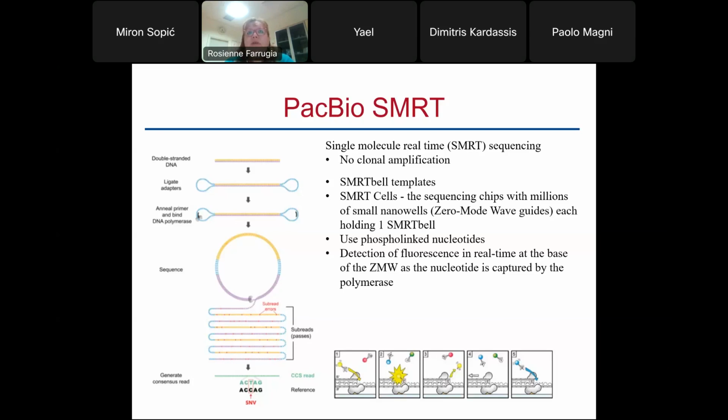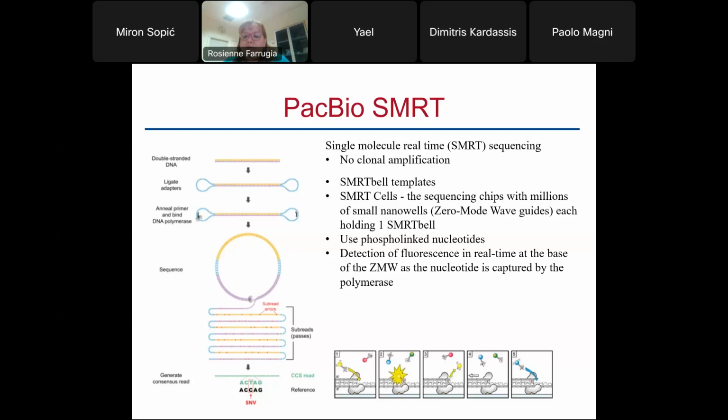Another key difference in the PacBio technology is that the fluorescent nucleotides which they use have the fluorescence linked to the third phosphate group. So they're called phospholinked nucleotides. The third phosphate group is the phosphate group that's cleaved off when the sugar phosphate bond is formed. So the fluorescent dye is cleaved off as the sugar phosphate bond forms, which means that as the sequencing happens, detection can take place in real time without the need of stopping to wash away and unblock and add the